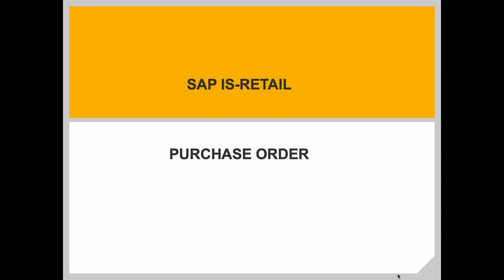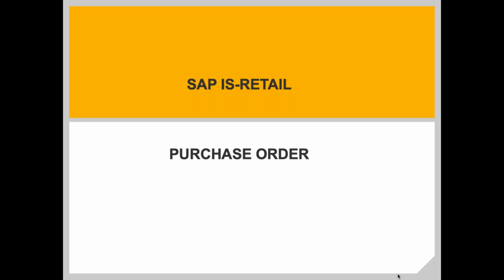As far as retail, we just simply place the order. Like if it is Reliance Fresh, they just keep on placing the orders to the vendors directly. So there is no point of quotation or anything as such. So that's why we start here with the purchase order. So the moment we raise the purchase order, they deliver the stock and we receive it.